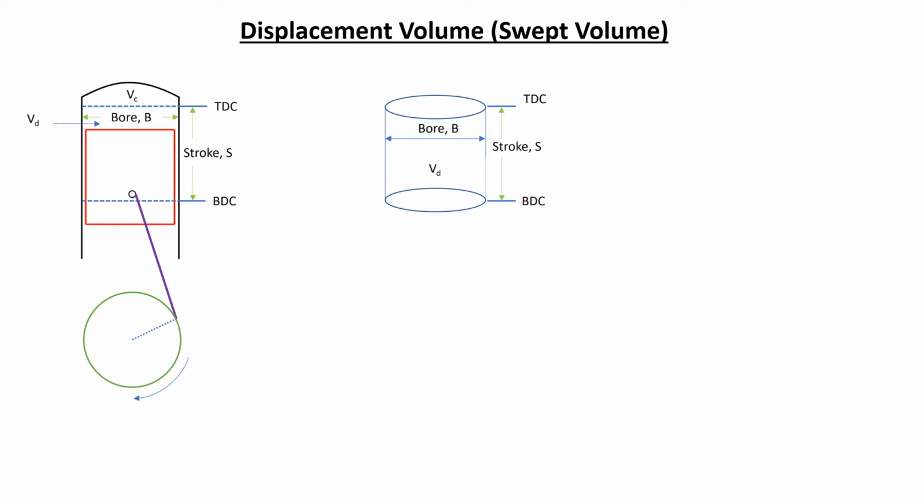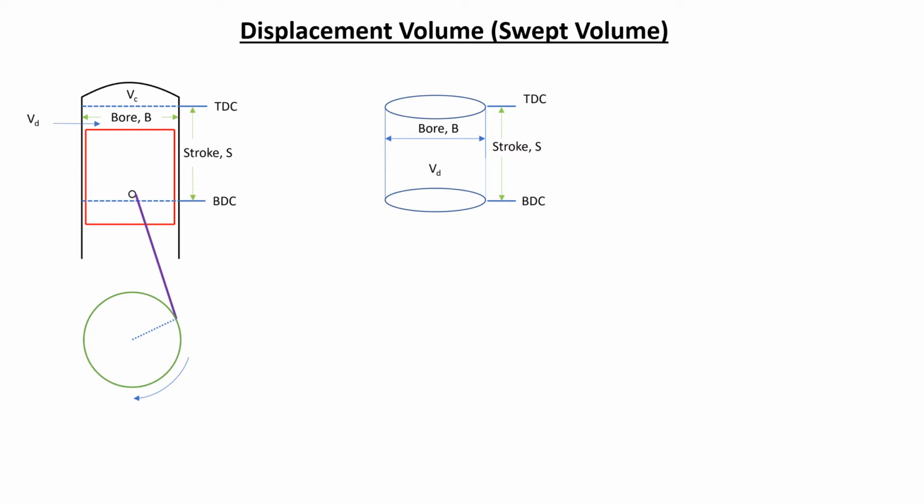On the right hand side, I have the schematic diagram of top dead center and bottom dead center in 3D. As you can see, the distance between the TDC, the top dead center, and the bottom dead center is known as the stroke length, denoted by capital S. And the diameter of the cylinder or piston is known as the bore, denoted by capital B. The displacement volume is the volume between these top dead center and the bottom dead center points, which can be calculated using the equation